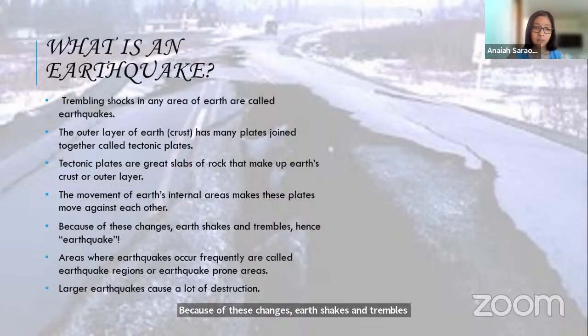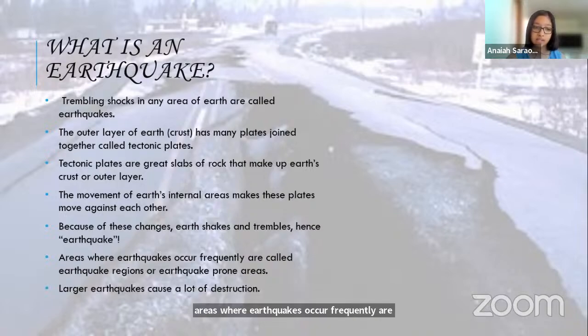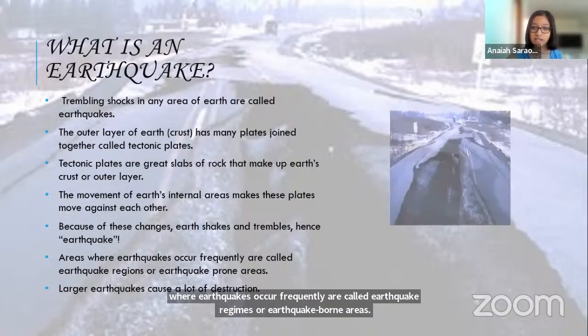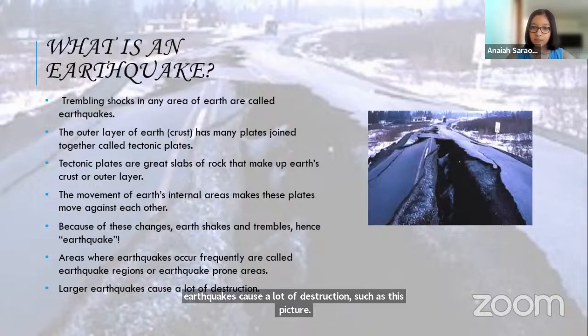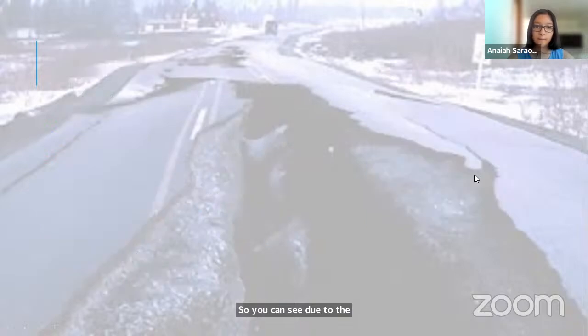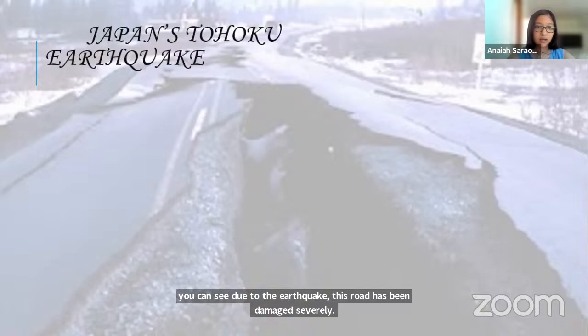Areas where earthquakes occur frequently are called earthquake regions or earthquake-prone areas. Larger earthquakes cause a lot of destruction, such as this picture. So you can see, due to the earthquake, this road has been damaged severely. Now we're going to learn about an earthquake that happened in Japan.